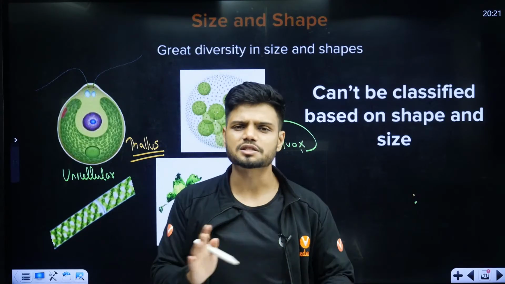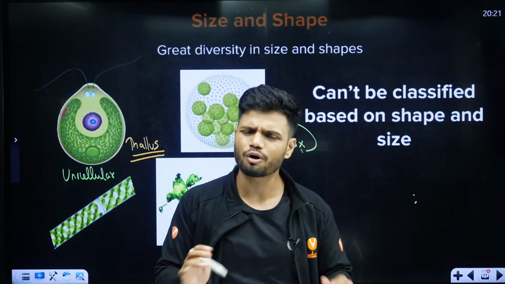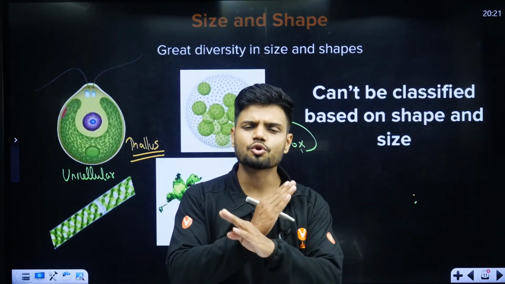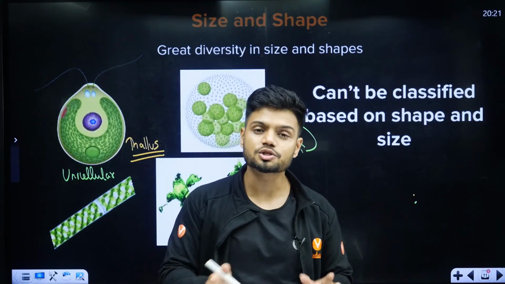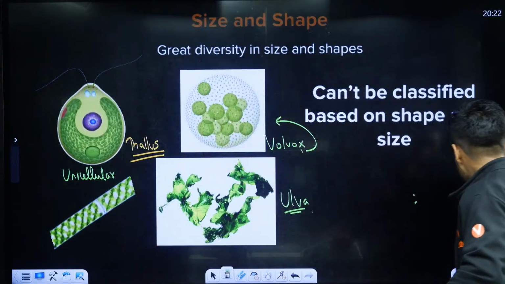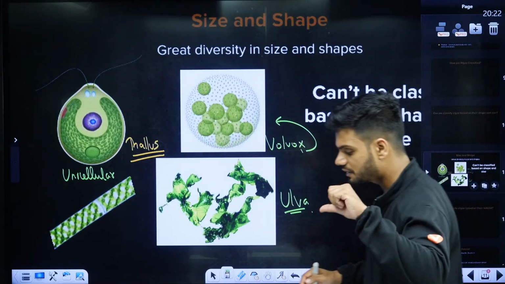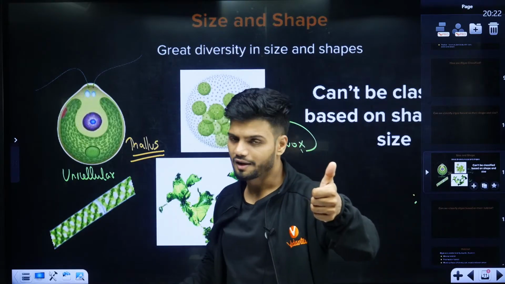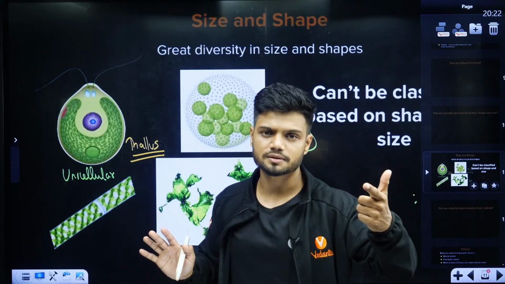So you cannot classify. बहुत सारे shapes हैं यहाँ पर, बहुत सारे shapes and sizes हैं. So हम उसको classify नहीं कर सकते based on shape and size पे. Students, we cannot classify them based on shape and size. So we cannot classify them based on habitat. We cannot classify based on shape and size. But students,